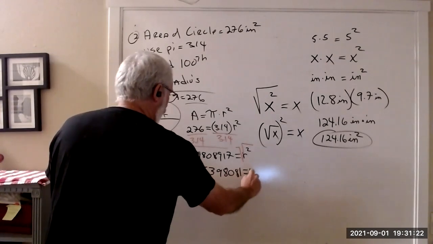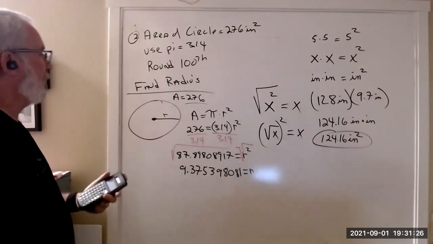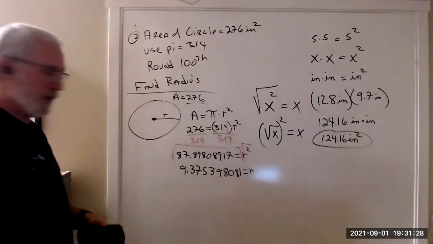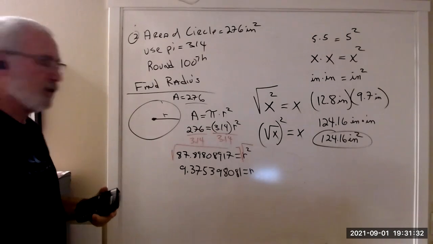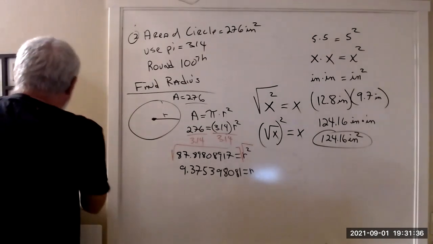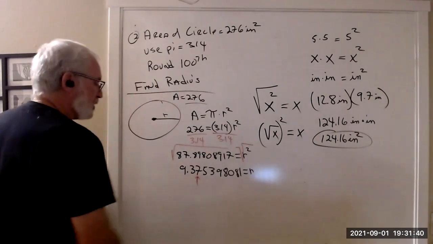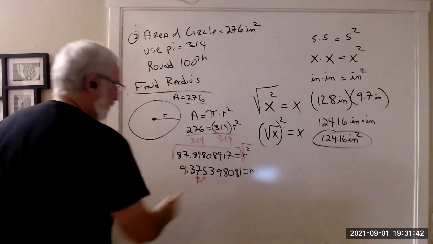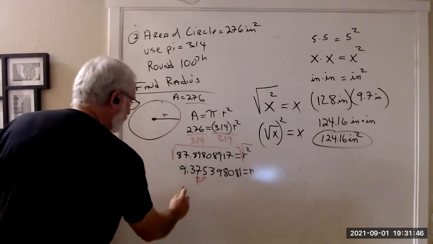9.375398081 equals R, because you square rooted both sides. But the problem says round to the hundredth. So here we go back to that rounding that was on the quiz. The 7 is in the hundredths place. So you look to the 5. Is the 5 big enough to round it up? Sure is. So